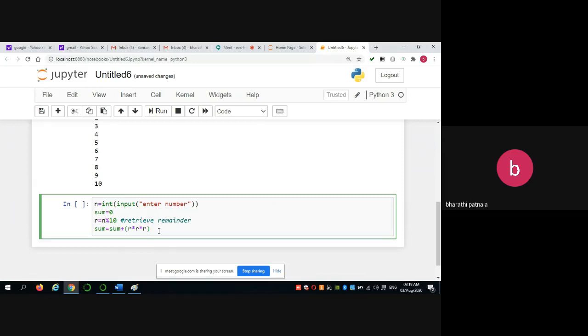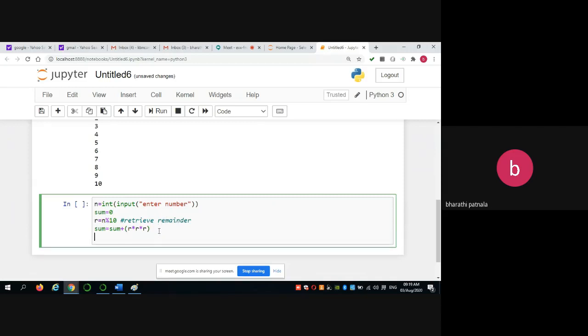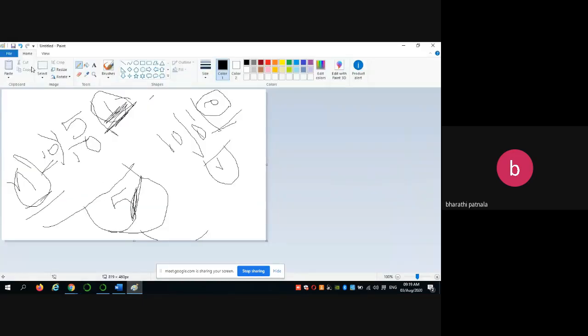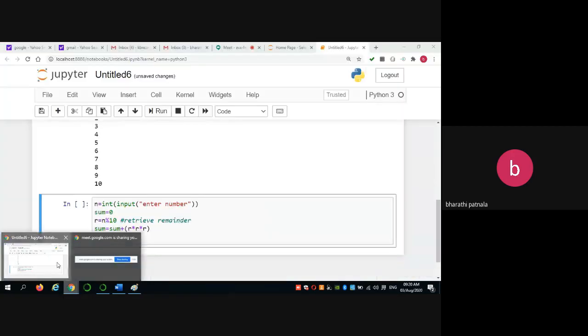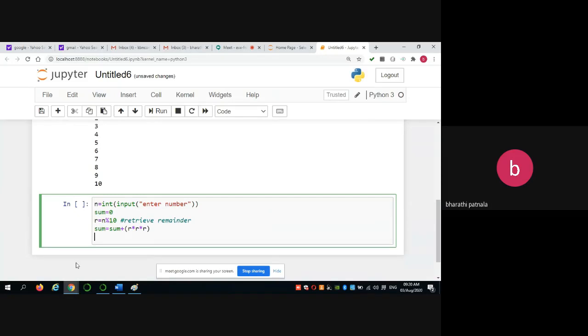Okay. Next. Once the cube is done, next what do we do? You have to take the quotient value. Because first, what are we doing? Taking 153 and dividing by 10, we get 3. So the remaining quotient we have to retrieve. That's why you have to write n is equal to n double slash 10.